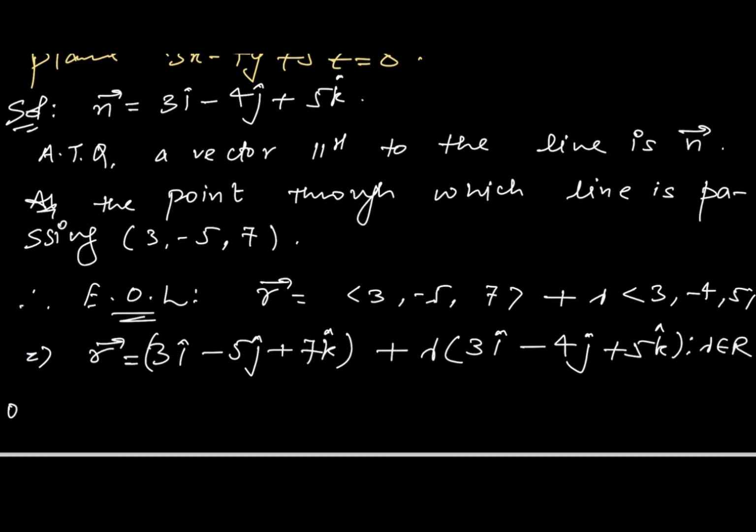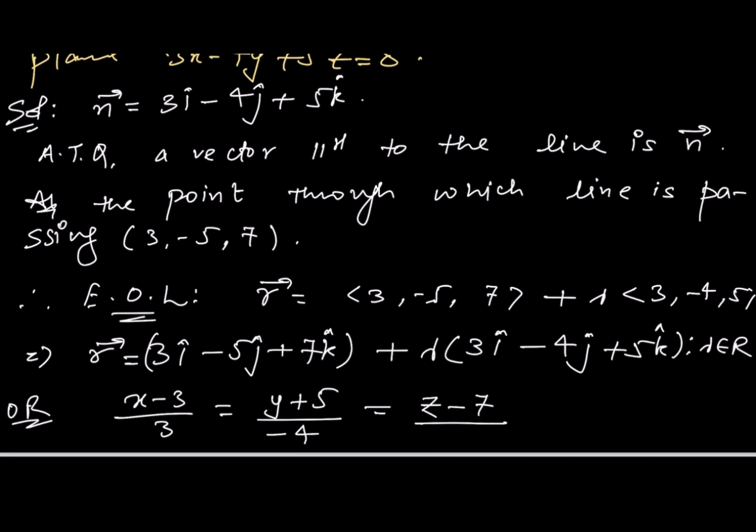And in Cartesian form it will become x minus 3 upon 3 is equal to y plus 5 upon minus 4 is equal to z minus 7 upon 5,